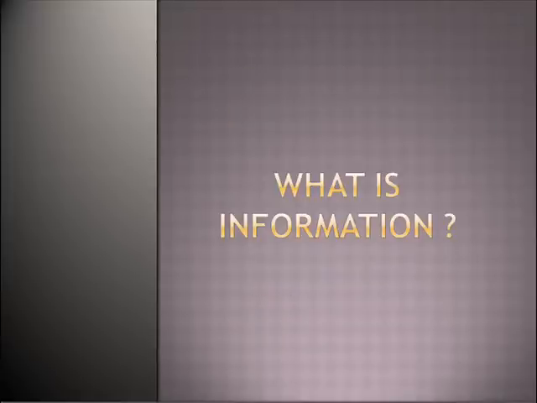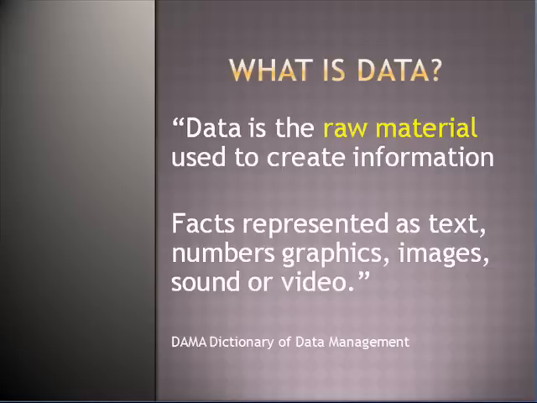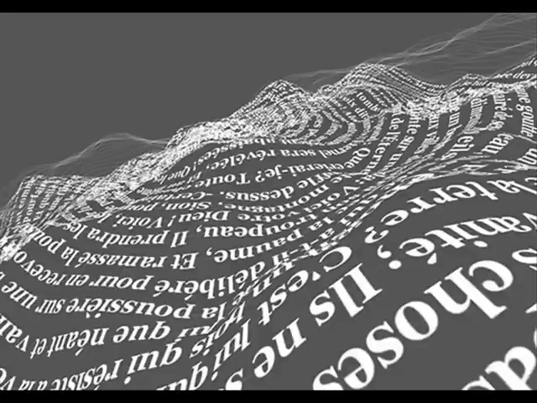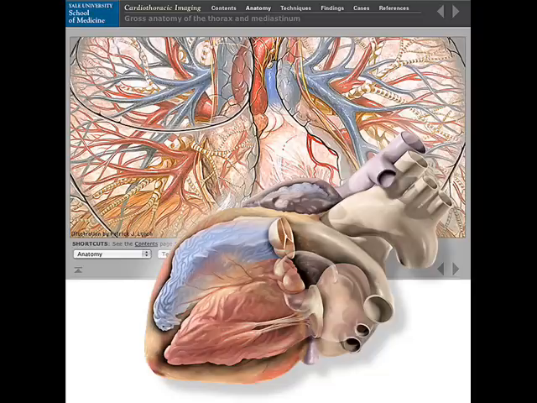What is information? According to Wikipedia, one might consider data, information, and knowledge synonymous. However, data in its abstract state has no meaning. The DAMA Dictionary of Data Management defines data as, quote, facts represented as text, numbers, graphics, images, sound,